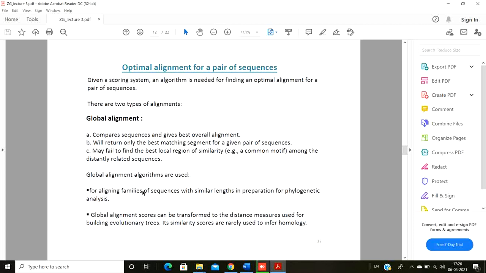But this does not mean that a global alignment cannot start or end in gaps, okay? It can also start and end in gaps, but generally we prefer that whenever we go for global alignment, all the regions are marked properly. And whenever we go for multiple alignment, right? We align multiple sequences together, so it's better to know the start and end site.